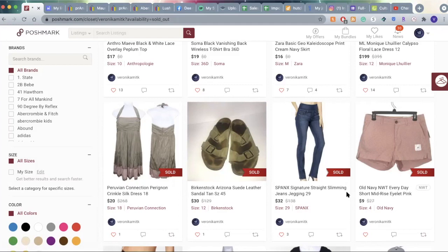And then we have another decent sale, even though I had these listed higher, and I kind of ended up accepting an offer that was a little bit lower than what I wanted, but the Spanx Signature Straight Slimming Jeans Jegging in a size 29. I think I had these listed for around $45 to $50, and then I sent out maybe a $38 offer. I don't remember, but they countered with 32, and I was kind of thinking about it, and then I forgot that they had sent this offer. And then I got the little notification from Poshmark saying your offer from so-and-so is about to expire. And I'm like, oh, well, let me just accept that because it's been a slow week. So $32 gets me